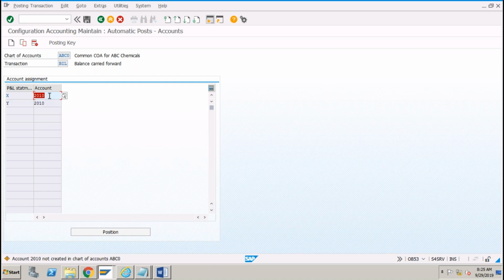If you don't want to change, just create 2010 as the retained earning account, then you don't need to change anything here. And every time we take X or Y, there is a reason, X and Y. As I told you, as of now, don't worry about X, Y. As of now, just think about saving this. When I show you how to create the GL accounts, then you will understand what is the difference between X and